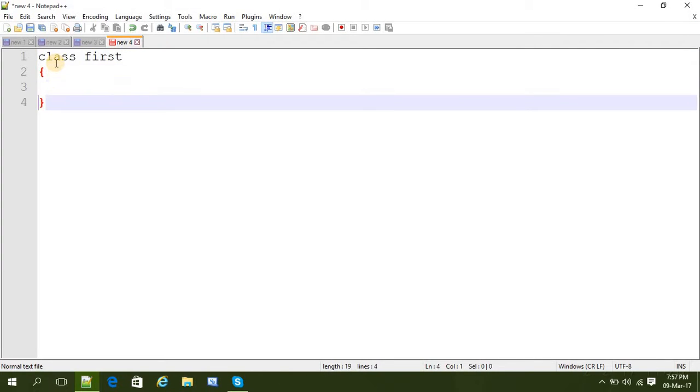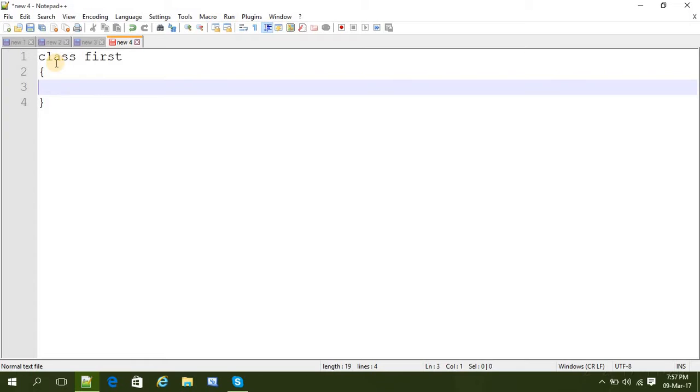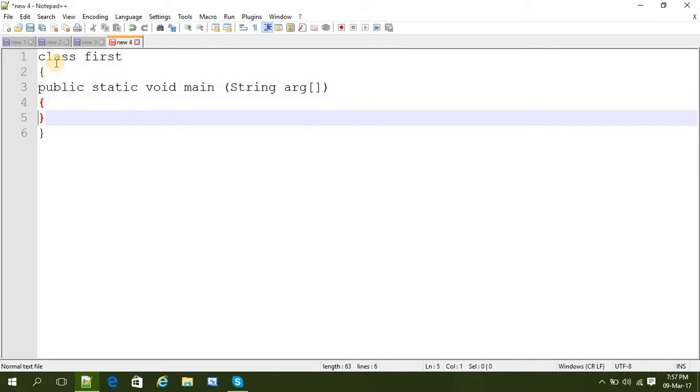then curly braces, everything is going to be in this class, and then public static void main, String arg. Don't be confused, I am going to explain it. If you don't know any other language, maybe it is confusing to you, but don't be.